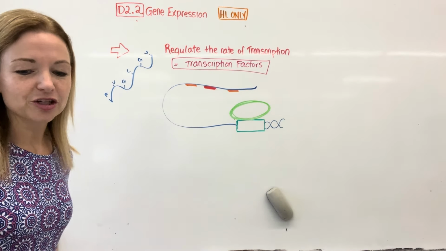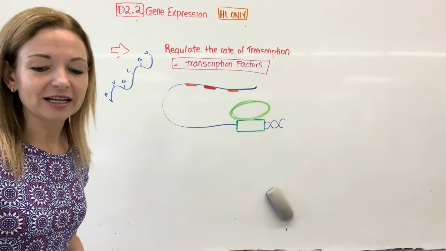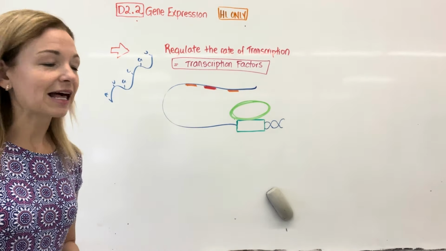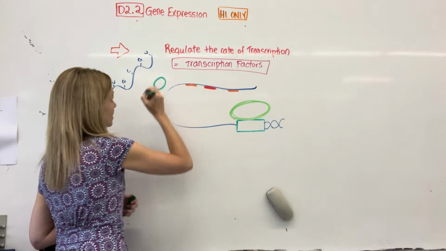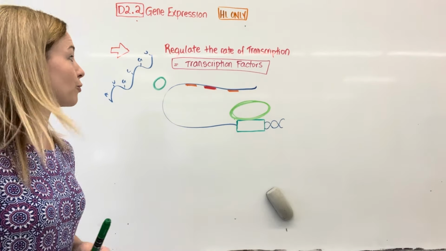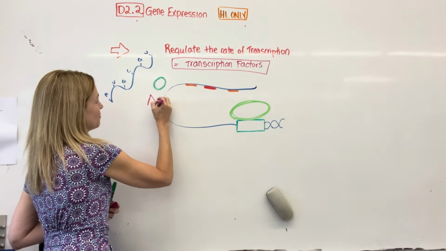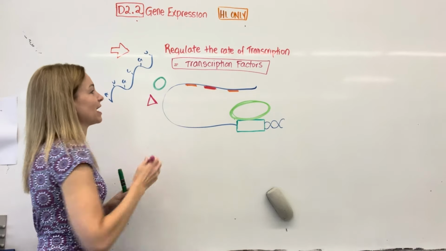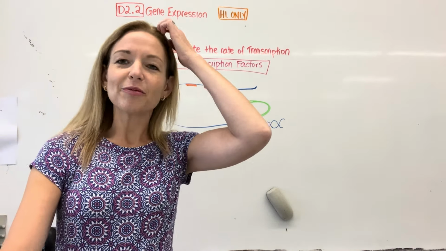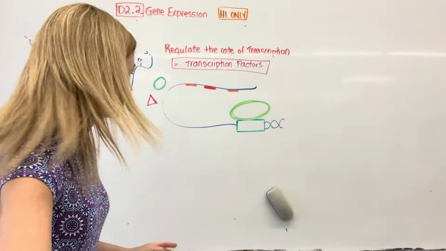Then we are going to have transcription factors that are accelerants, and those are usually going to bind to the enhancer sites. And then we're going to look at some that are repressors that usually bind to the silencer sites. I haven't labeled that, so I'm going to do it as a little key just for something different.